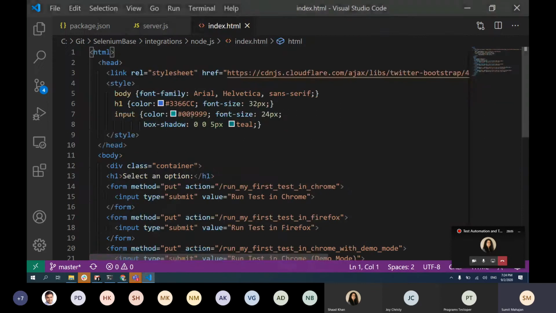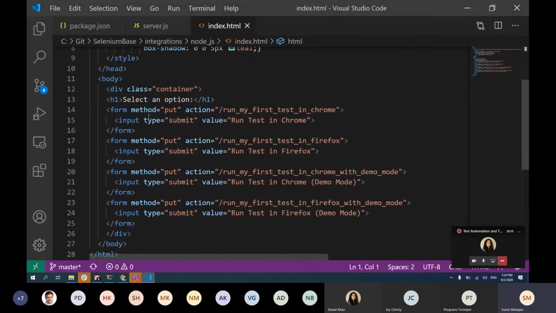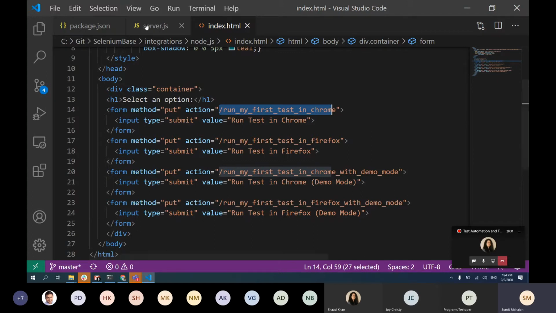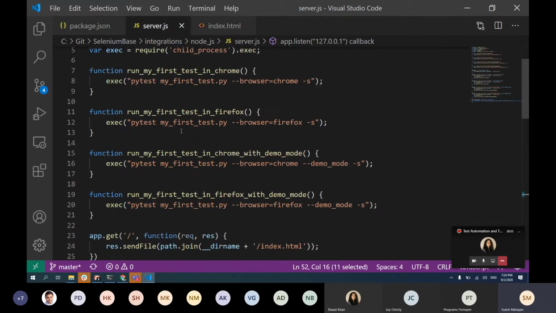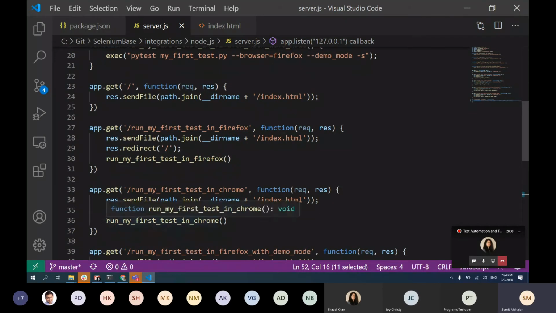So this is basically your UI where you are mentioning that you need to select an option, and you are giving a form tag. Basically, this is a form where you can do a submit, and you have a method put, which is basically your express method. And the action is that you're running your first test in Chrome. So this is the path that express will take. And once I go to the server, if I look at that path, so this is my first test in Chrome, it's going to execute this function,